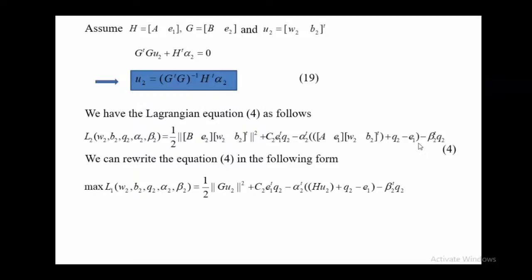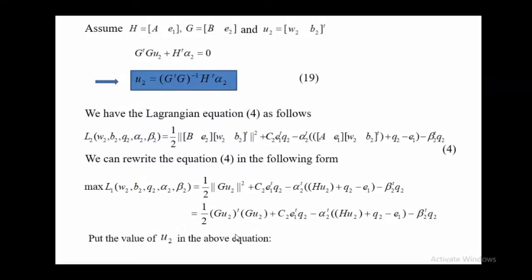Again you can write this as the term x transpose x, the norm of x squared. Then again you just put the value of U2 here. Once we put the value of U2 here, you replace U2 by this particular term, and the same thing here. When you are doing it in this manner, the transpose just comes inside. If you take it inside, everything will be reversed, and you make it a transpose.